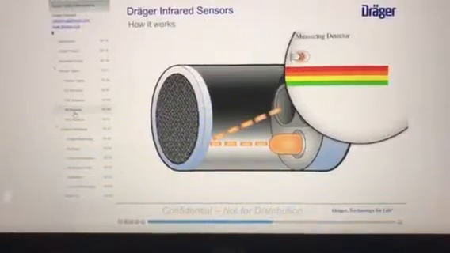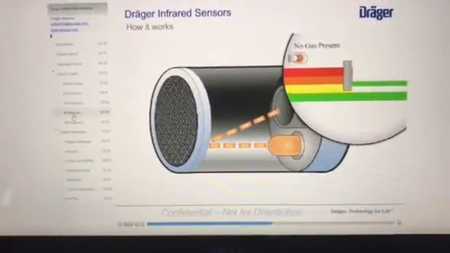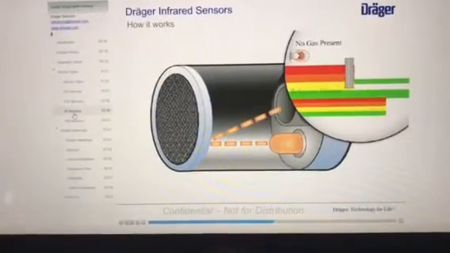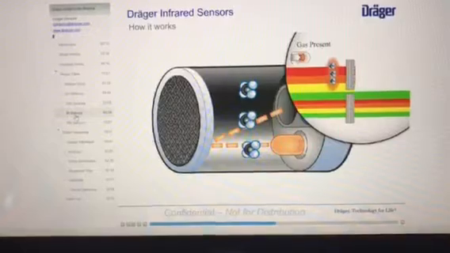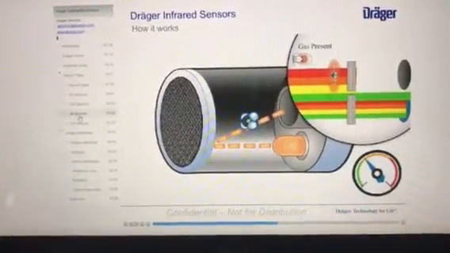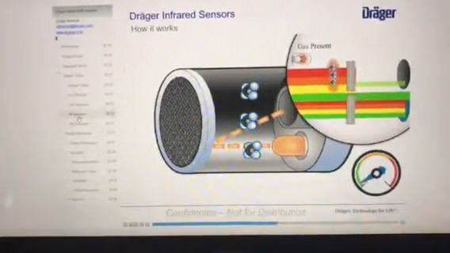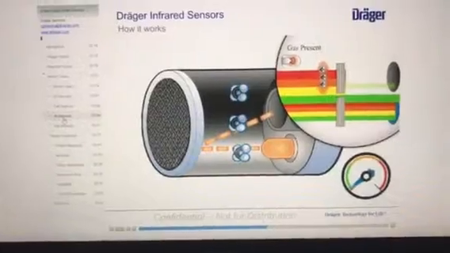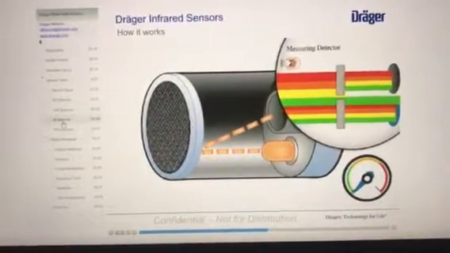This double detector consists of a measuring and a reference detector. As illustrated in the upper right-hand corner, if the gas entering the sensor chamber contains hydrocarbons, then some of the radiation is absorbed before it reaches the measuring detector. The amount of radiation reaching the measuring detector is shown by the green bar. The more hydrocarbons that are present in the sensor chamber, the higher the reduction in the amount of radiation reaching